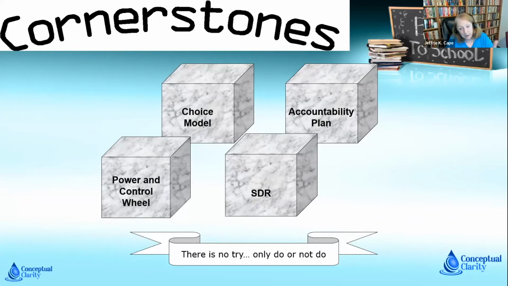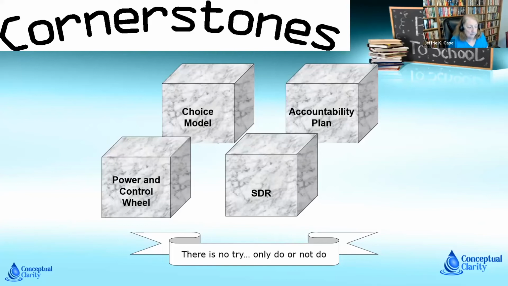Okay, so now it's going to be, my name is Juan, and I have a reason to be here. I read one of my 5 reasons, and now I add to it, I did this because, and here are the tactics I used. And again, one way I was accountable or unaccountable in the last week was the domain that falls into. So cornerstones is our most didactic part of the program. There are 4 concepts that we want people to learn. We want them to learn the choice model, which is based and rooted in Erickson's work. We want them to learn about the accountability plan, the power and control wheel, and the SDR,